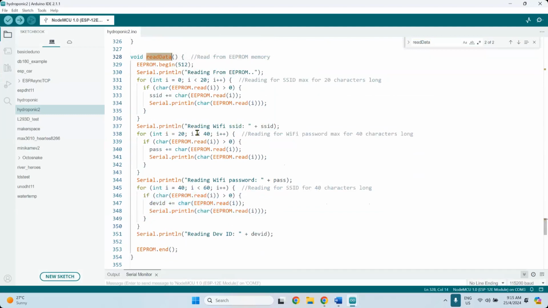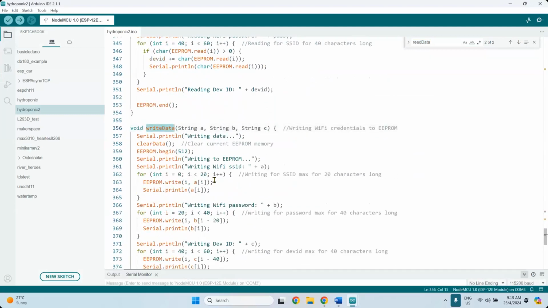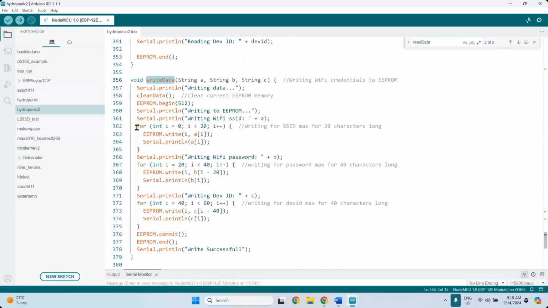And then this is just to read the data. To write the data also the same. So if you want to write the data, we just use EEPROM, but I have to clear all the memory first and then write the data. So to write the data, just give the instruction EEPROM write and the value that we want to write. But it has to be in char character. Okay, so there's a 1, there's a 2, there's a 3 data. So one for SSID, one for password, one for device ID.